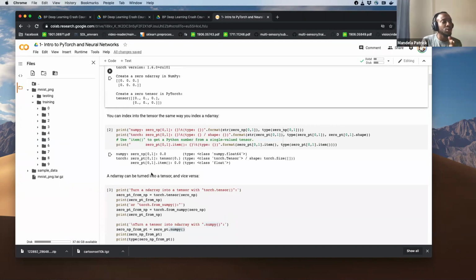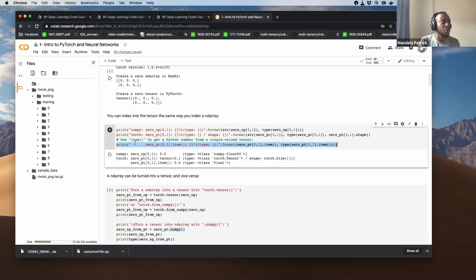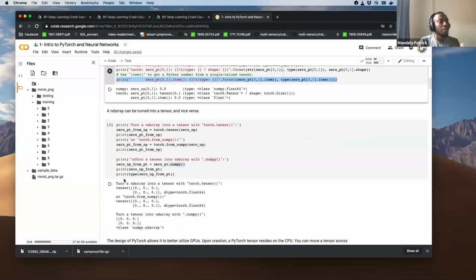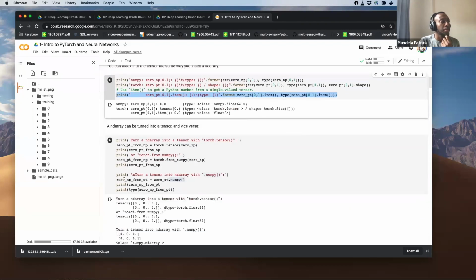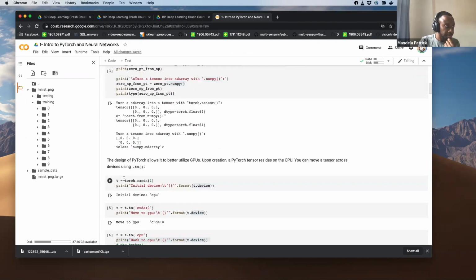PyTorch is built on top of NumPy. It just has a lot more functionality to make it easier to work with and train neural networks. So this is all about playing with NumPy versus PyTorch.